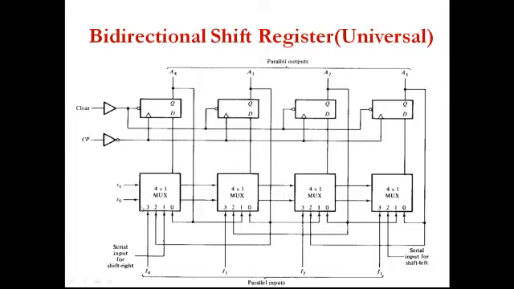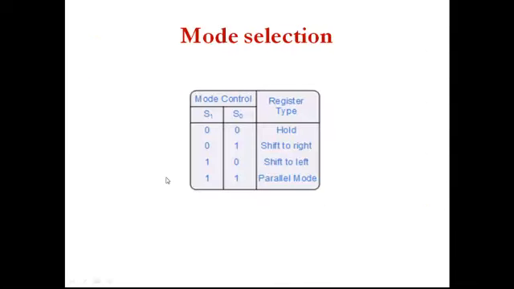You all know that a 4:1 multiplexer means you will be having 2 selection lines. Okay. So these selection lines will decide which input will come to the output. Now for this example I have configured the multiplexer like this. When selection lines S1 and S0 are 0, 0, hold, in the sense don't do anything. Whatever is the previous state, let it be the same. When the selection lines are 0, 1, perform shift right operation. 1, 0, perform shift left operation. 1, 1, perform parallel mode operation.